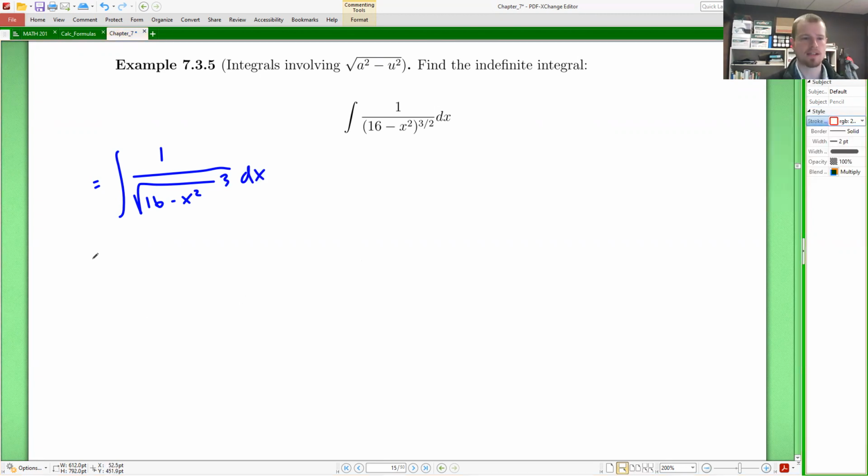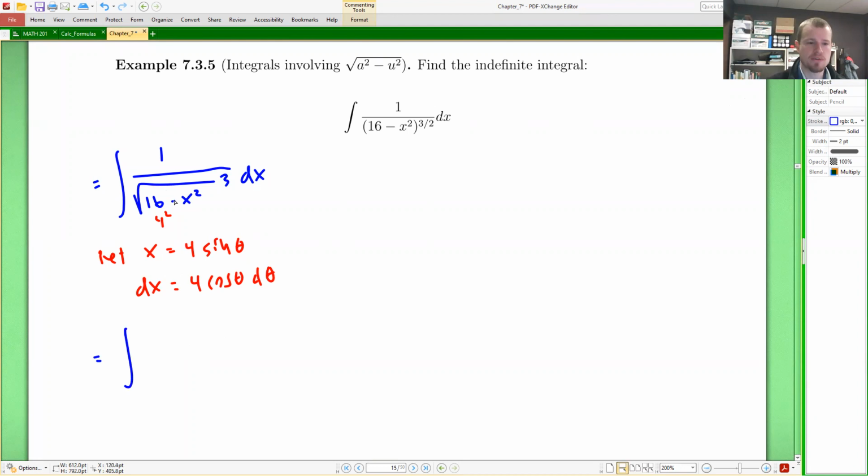Then, based on what we had discussed in our intro video, we want to make the substitution. Let x be equal to, right, a here, this is 4 squared, so we want it to be 4 times the sine of theta, based on our previous example. So then we differentiate to find dx is equal to 4 times the cosine of theta d theta. So we go ahead and make that substitution,